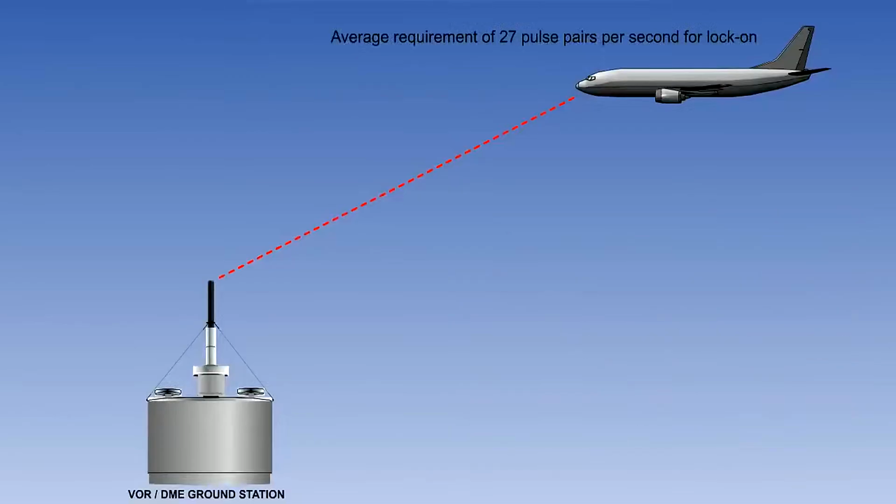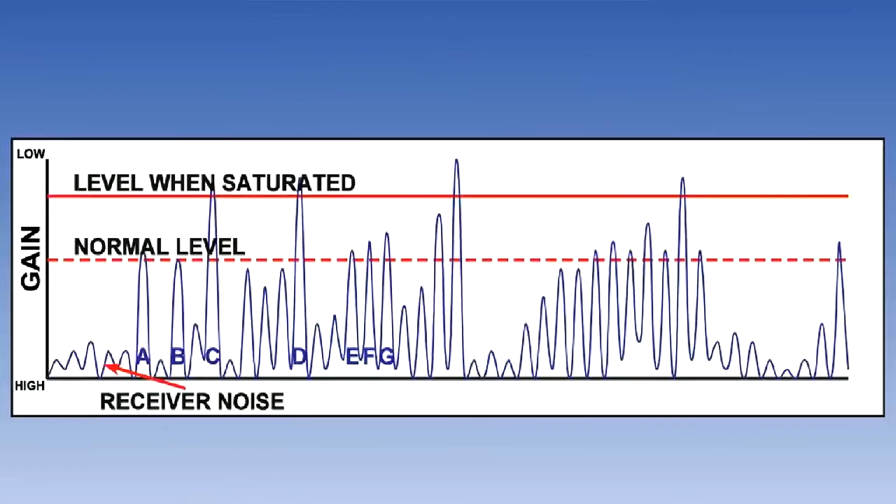It is assumed that 95% of aircraft using a ground beacon will be in the tracking mode and not exceeding 25 pulse pairs per second. The other 5% are in search mode. This results in an average requirement of 27 pulse pairs per second for lock-on. The output of a modern ground station is a constant 2700 pulse pairs per second. When a ground station is receiving 2700 pulse pairs per second, which equates to 100 aircraft at 27 pulse pairs per second,